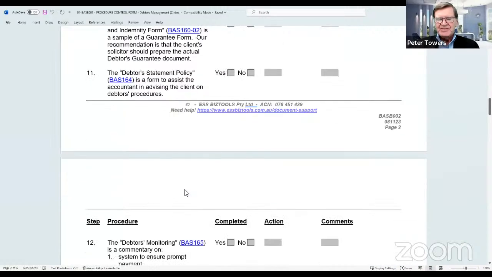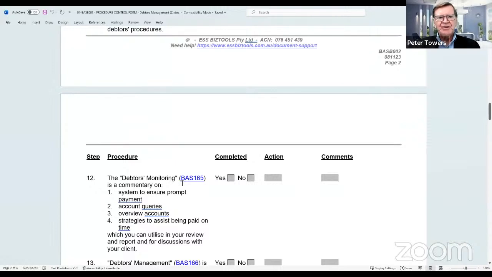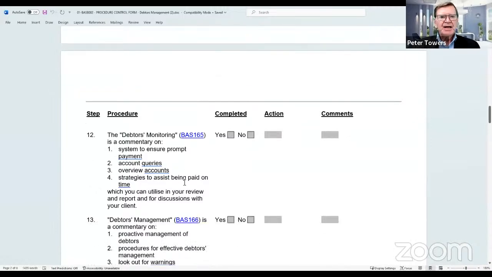What's the debtors policy? It's all geared to trying to make sure that debtors days outstanding is reduced to the lowest possible amount. So that's just a brief overview of a